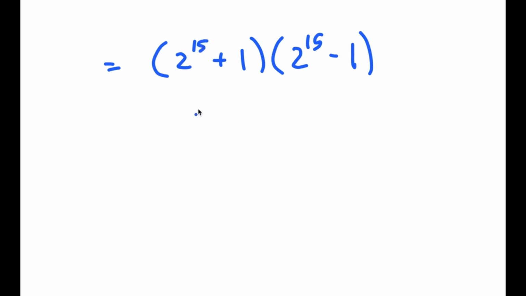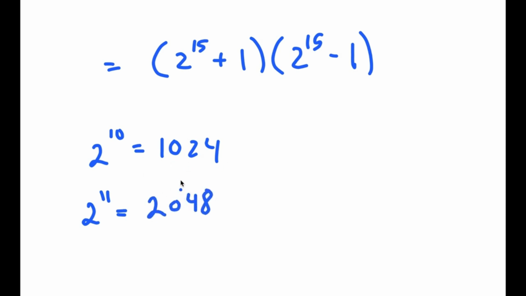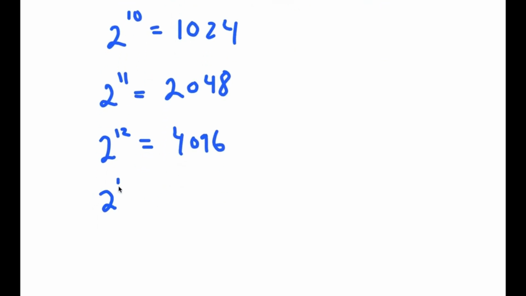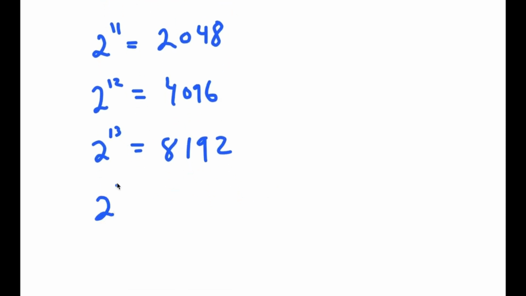Now, 2 to the power of 15, well, what's the value of that? Well, 2 to the power of 10 is 1024. So 2 to the power of 11 is double of 2 to the power of 10, which is double of 1024, which is 2048. So now 2 to the power of 12 is double of 2048, which is 4096. 2 to the power of 13 is double of 4096, which is 8192. 2 to the power of 14 is double of that, which is